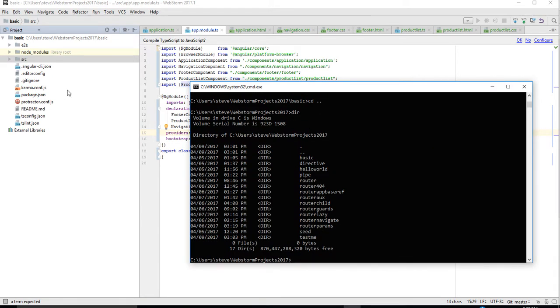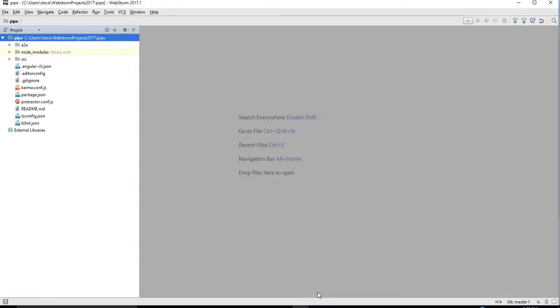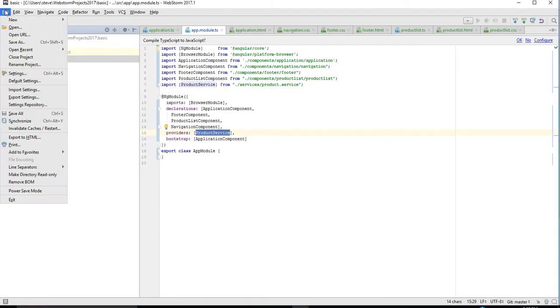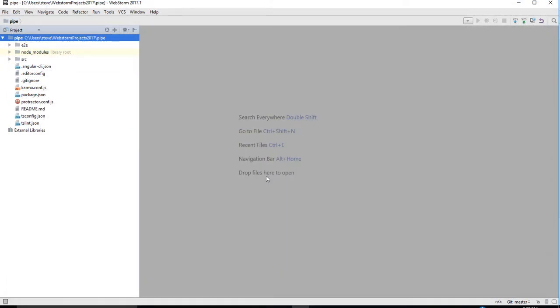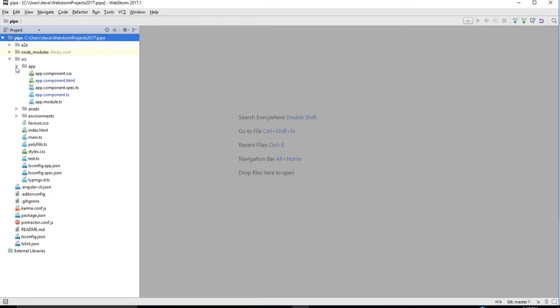Okay, let's take one more look at a simple example which uses pipes. Okay, so this is the example. Let me close this down, and let's look at pipes. Okay, it generated a little sample program just to demonstrate pipes, and in the index file,